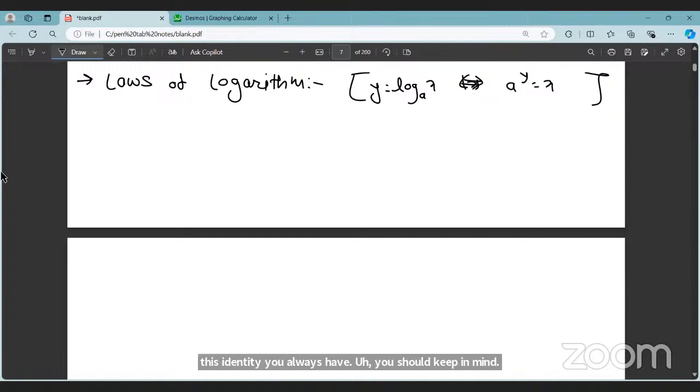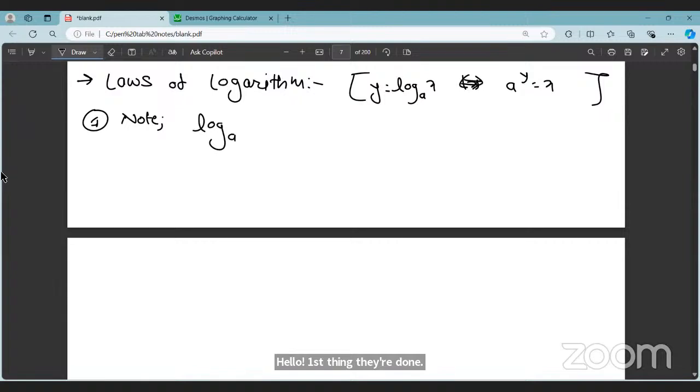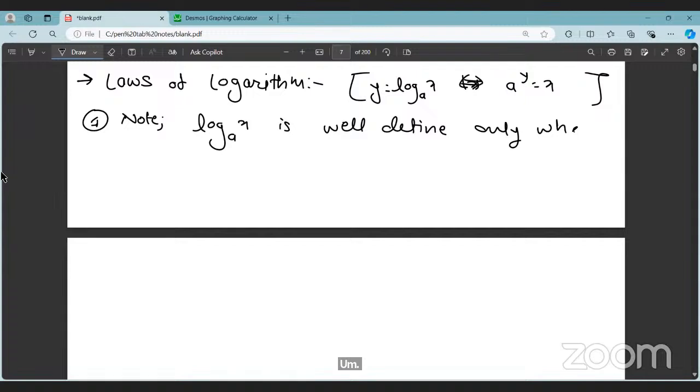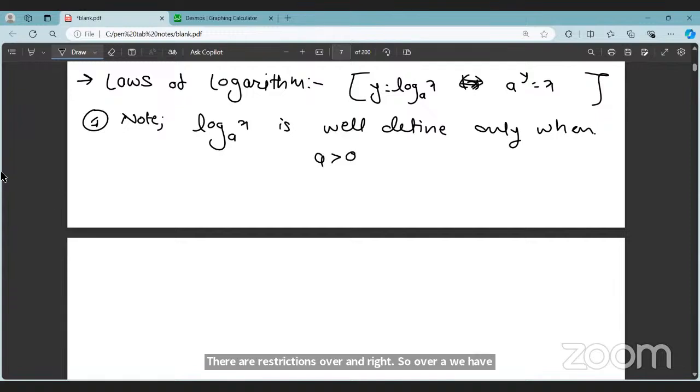Okay. So the first thing is, one note I'll make, that log base a of x is well defined only when there are restrictions over a and x, right? Over a, we have the restriction that a should be strictly greater than 0, and a should not equal 1. And over x also we have a restriction, as my domain is,